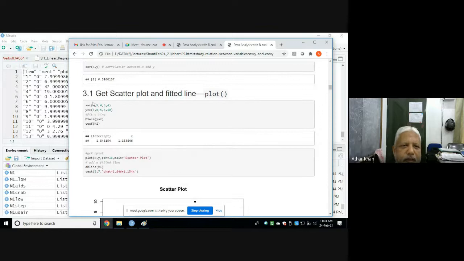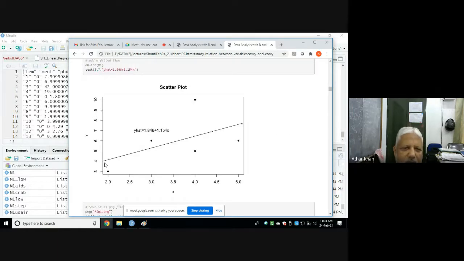See, these are the commands. This is vector x, y. This lm fits a line. The function is lm. Lm stands for linear model. Y is the response variable, and this is the predictor. And this is the regression coefficient, beta naught and beta 1. Beta naught means this distance, and the slope is beta 1. And this is the regression line we have fitted.